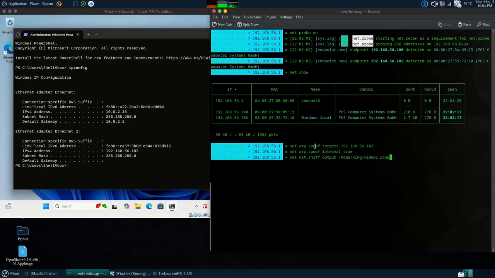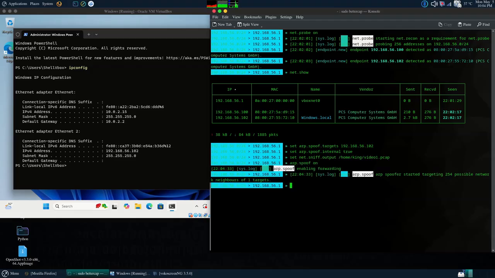Wireshark and show you the different types of protocols that are captured. Can't really show you the cool ones, but yeah, they are cool either way. So once we've done all this, we're just gonna do arp.spoof on, and forwarding has been enabled and net.sniff on. Perfect, right? So on our side, on the Linux side, everything's been set up, so all that's left is